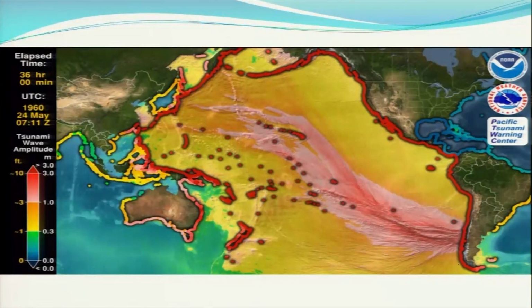So this is what I was showing, that we have major subduction zones aligned along the Ring of Fire. This shows the 1960 rupture area and the directivity of the tsunami. So it took almost 24 hours to reach the Japanese coast, and the height also, like you can see, the height close to the event is much higher, and it reduces further as it moves away from the rupture